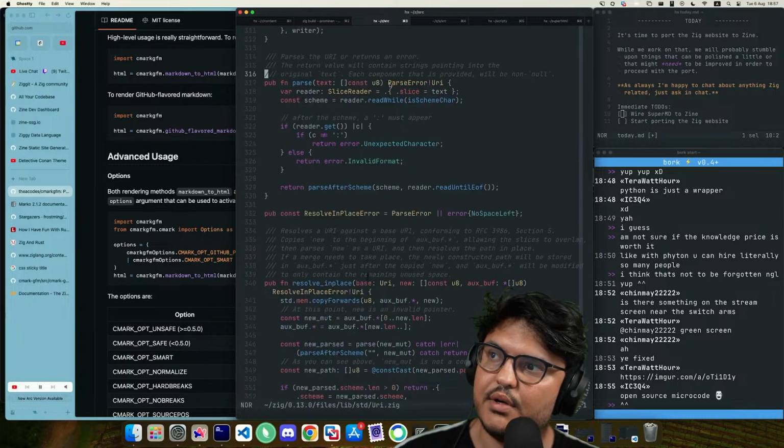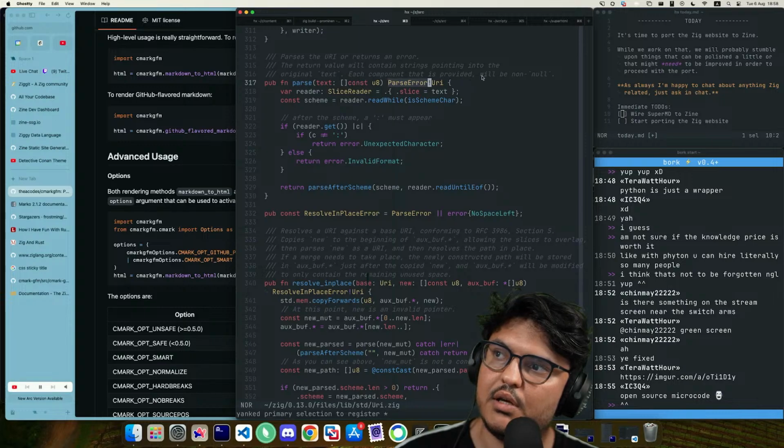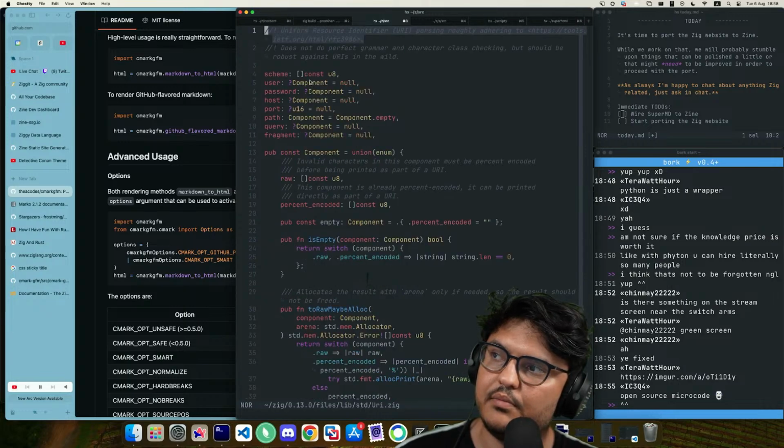Parse error URI. Parses URI, there's an error. The return value will contain strings pointing into the original text. Each component that is provided will be non-null.